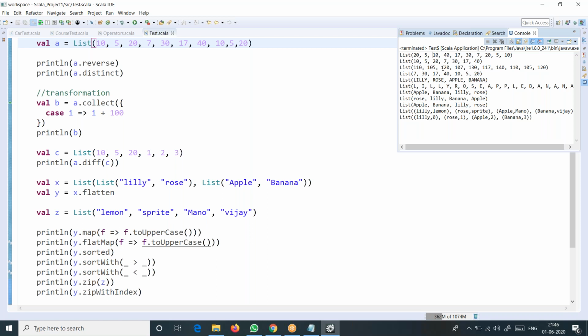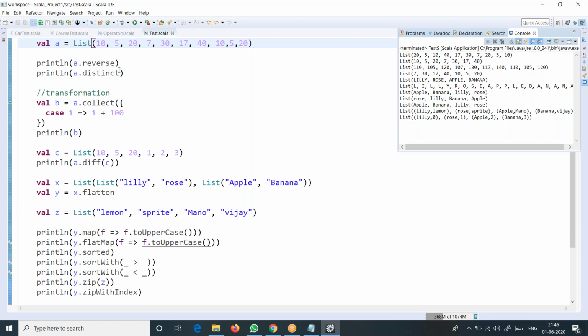If you see 110, 105, 120, you can see that. And then after that, difference, A dot diff of C. This is A, this is C. What do you get here? This is the difference. What do you get? 7, 30, 17. So what's happening here?